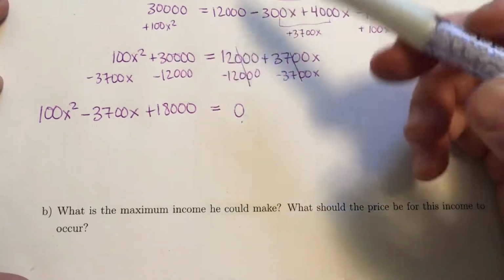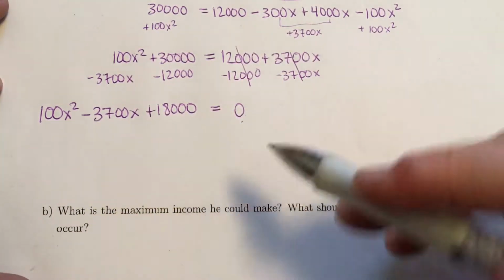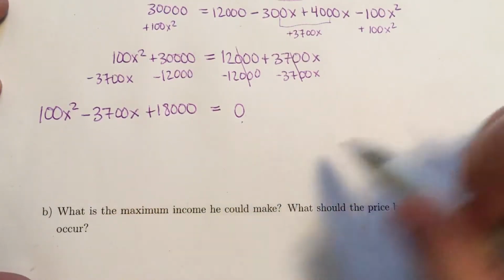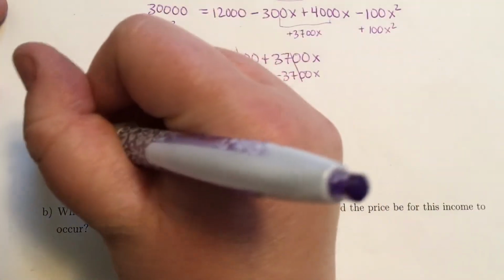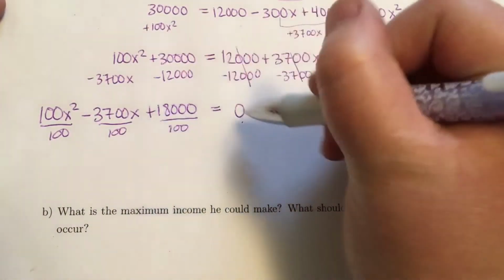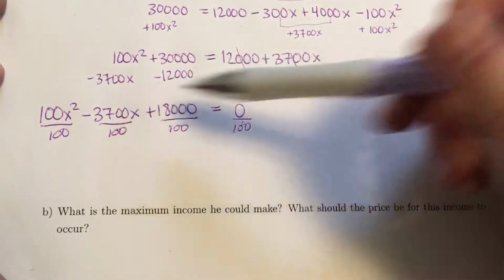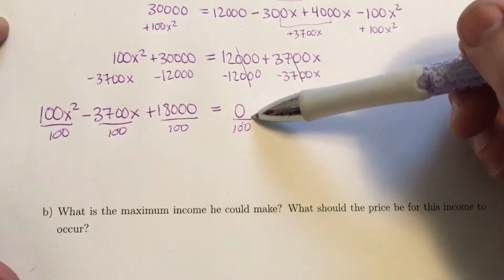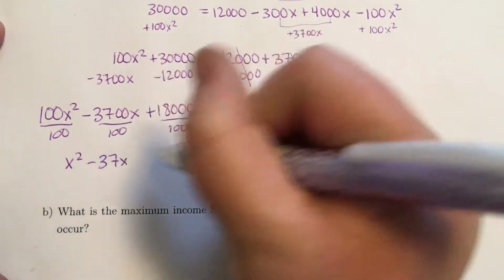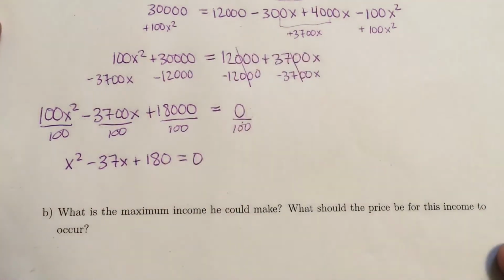formula. Before I do either thing though, I'm not liking all these zeros. These are huge numbers. So because I have an equation, I'm allowed to divide both sides by whatever I want. So I'm going to divide every term by 100 because that's the greatest common factor. The other option is just to factor out 100, but in this case, since I have equals 0, it does the same thing. So I get x squared minus 37x plus 180 equals 0, and that already just feels a